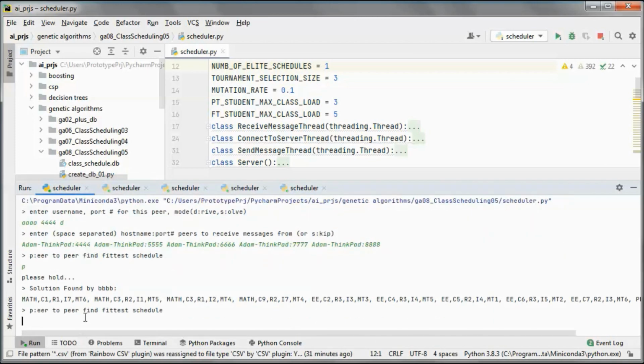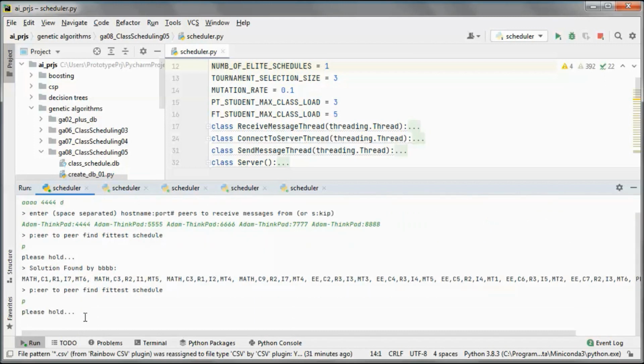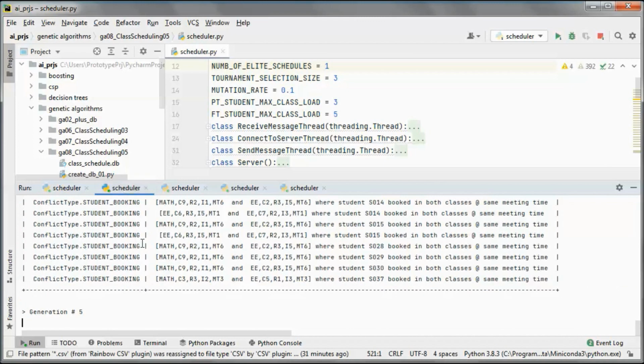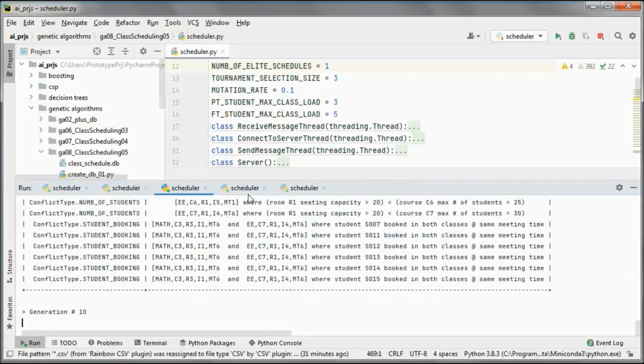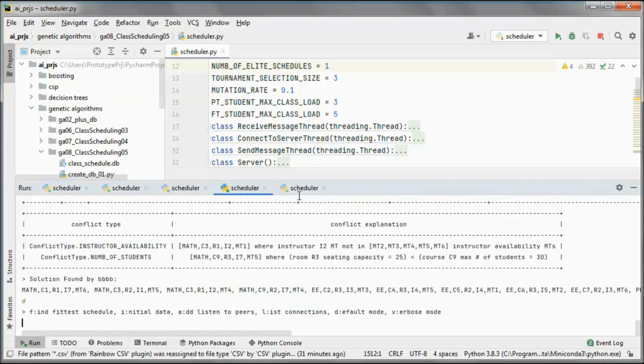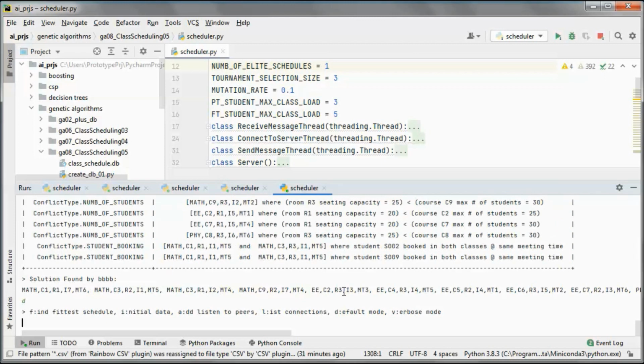And let's try to find the fittest schedule peer-to-peer. Here we can see what's happening, and here we are not showing all the calculations, what's happening.